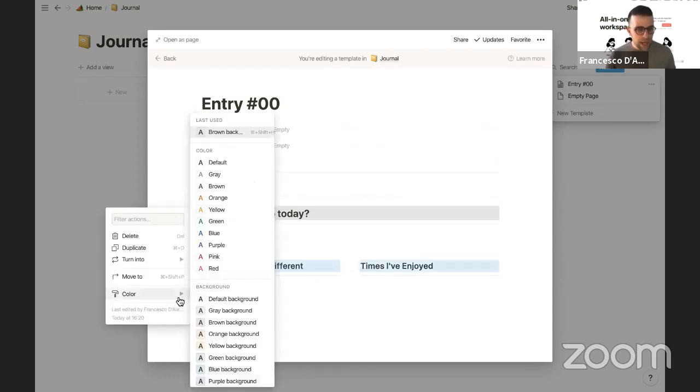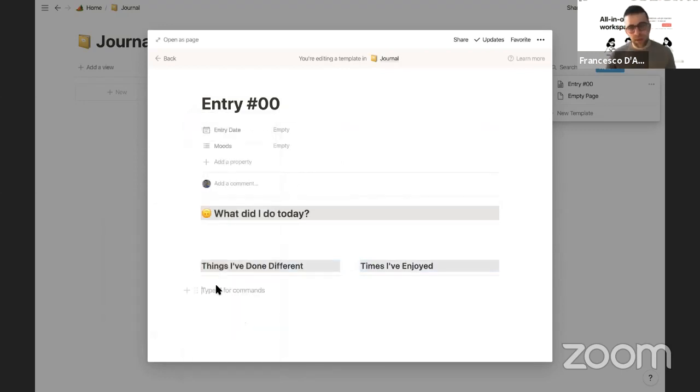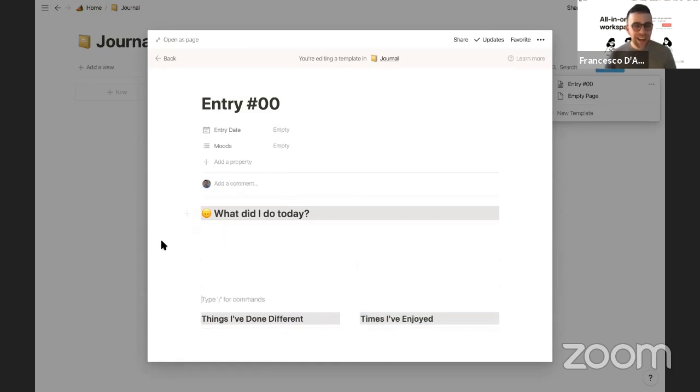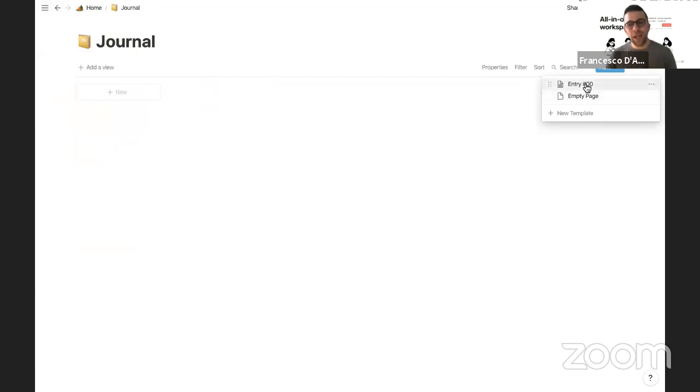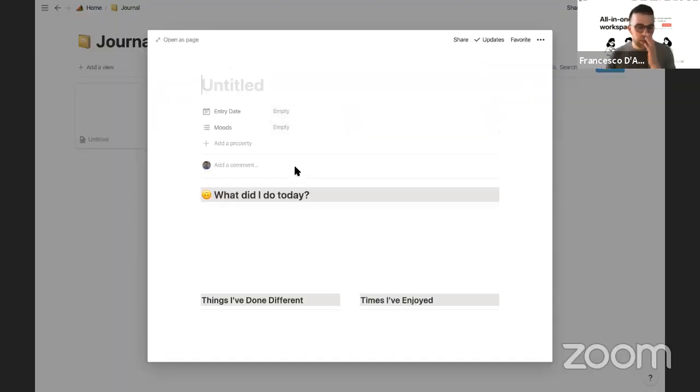So let's go ahead and add a color to these guys. Brown. It's a really ugly looking start here. So that could be a really, really basic entry. You could spend much more time in it, but I'm trying to demonstrate how easy it is to set this thing up. So here I may want to start saying,